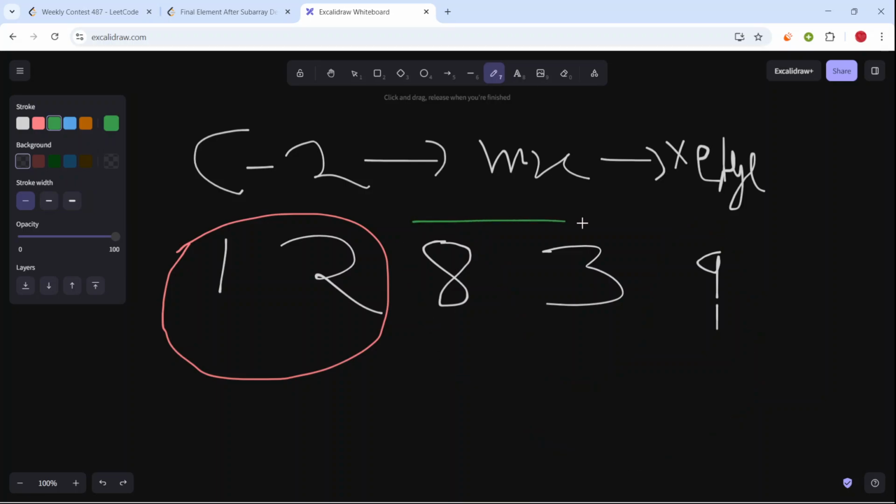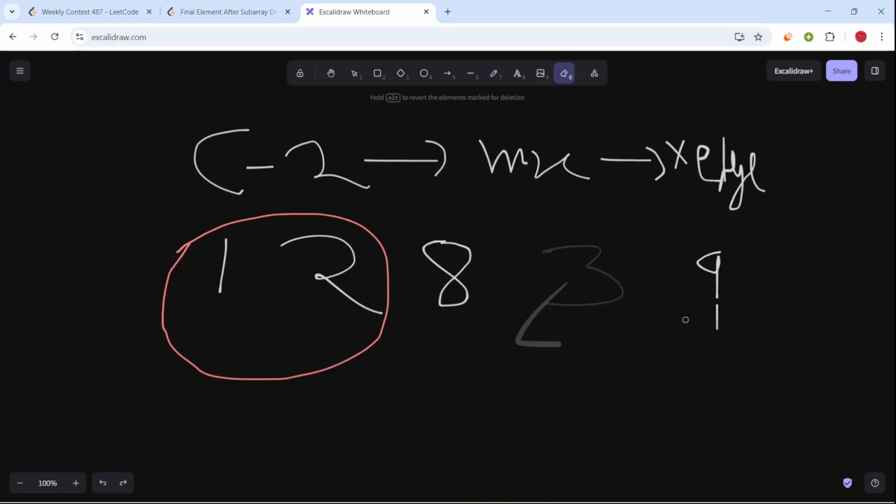So Bob can easily remove these two, because you can see that if Bob only removes this 8, Alice will get another chance, and Alice will remove this 3 so that the value is as maximum as possible. That's okay, but what if